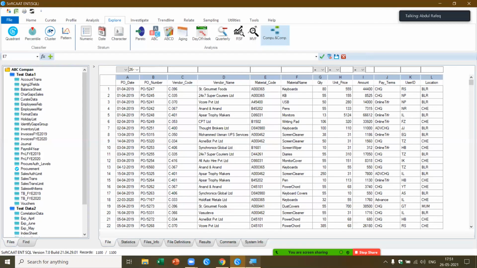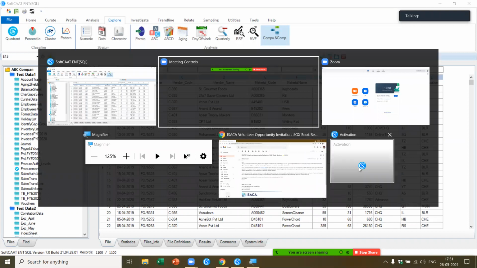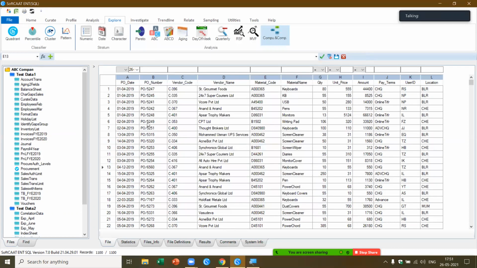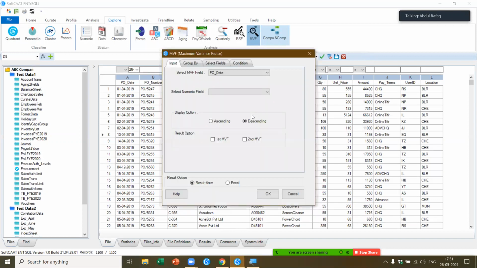Now this should be able to give me a result, let's see what happened. Okay, let me come back here. What we wanted was the material variance factor. I think there's some mistake we made. I'm going to material name. Here I picked up the unit price. There's a mistake I made last time: I didn't specify what I wanted. I wanted the first maximum variance factor, organized in descending order. I'll say okay. Now I should be able to get the result.